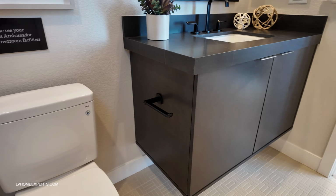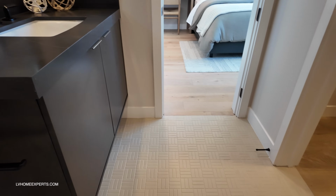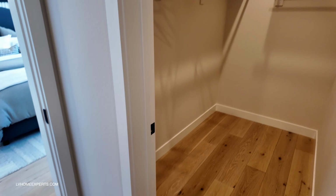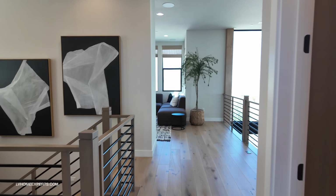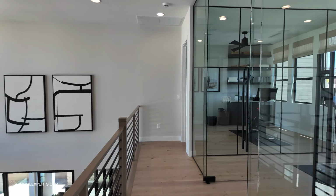Got a floating vanity. Now notice here on the second floor in this model right here, all the transitions are just zero threshold, which is smooth. They didn't do that on the other models though, but this, on the other hand,